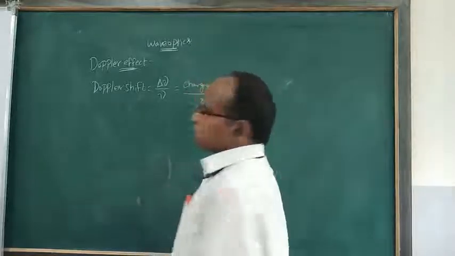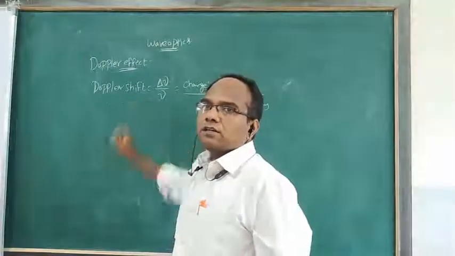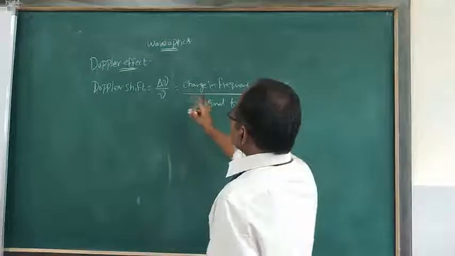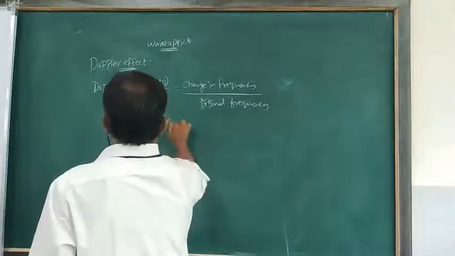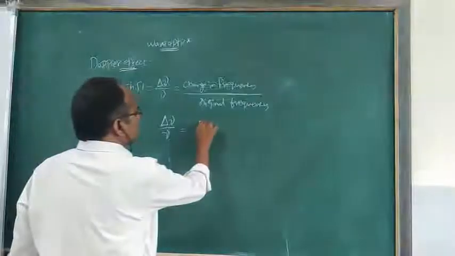Change in frequency to the original frequency is called the Doppler shift. Okay, and it is given by the change in frequency, delta nu, divided by nu, is equal to, we can write as